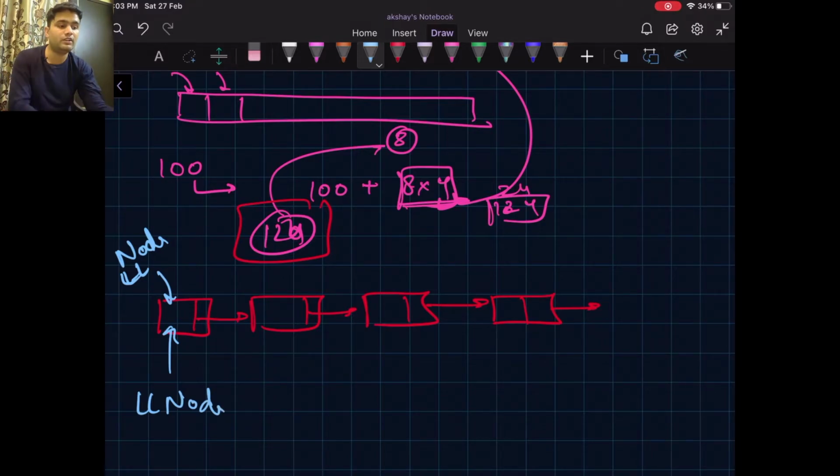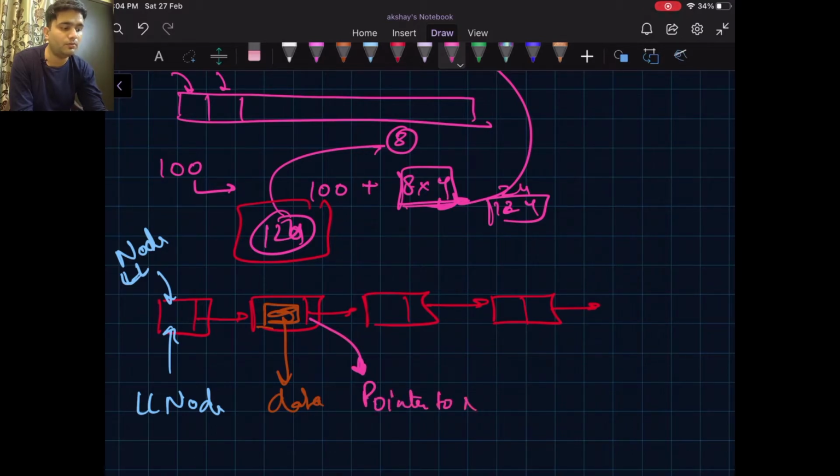And each node contains two different types of information. It can be more than two, depending on the use case we are facing. But in general terms, it contains two different sets of information. First is the data it carries, and second is the pointer to the next node.